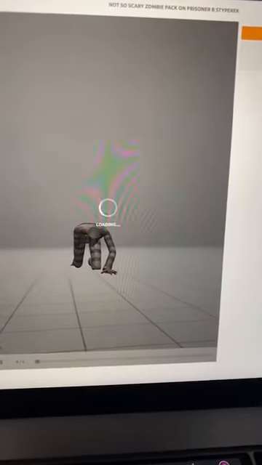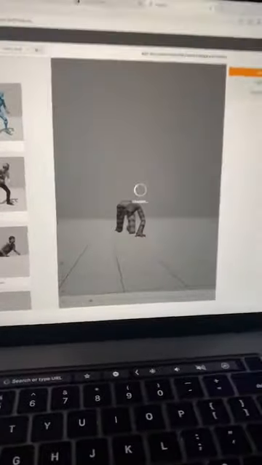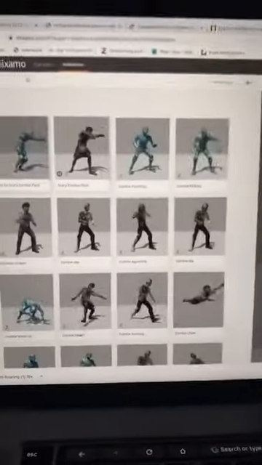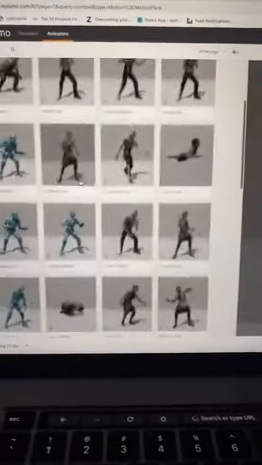I'm going to turn off the volume in the screen for just a moment. All right. Okay. So Mixamo is still loading, but I'm trying to find a scarier crawl animation,